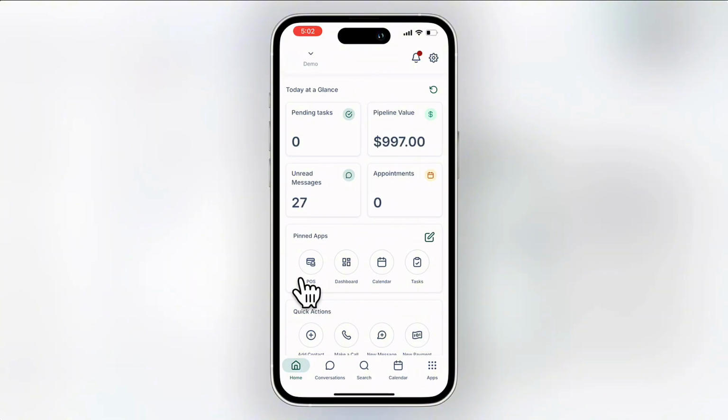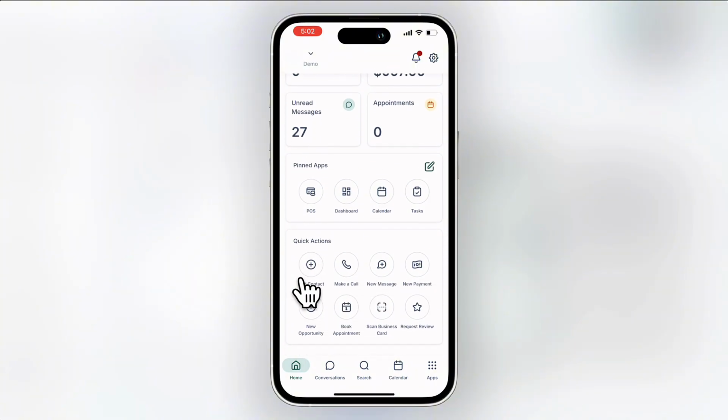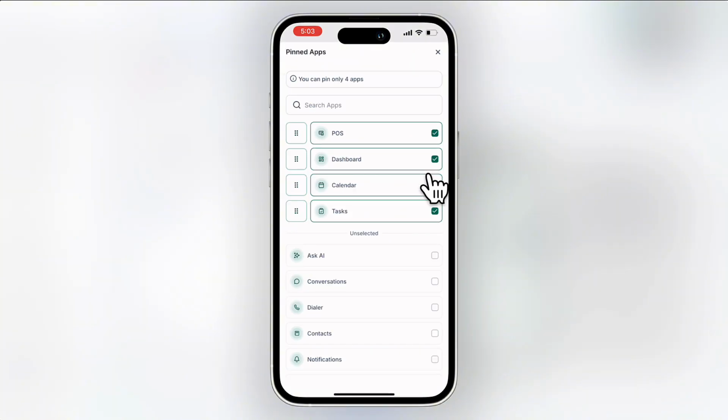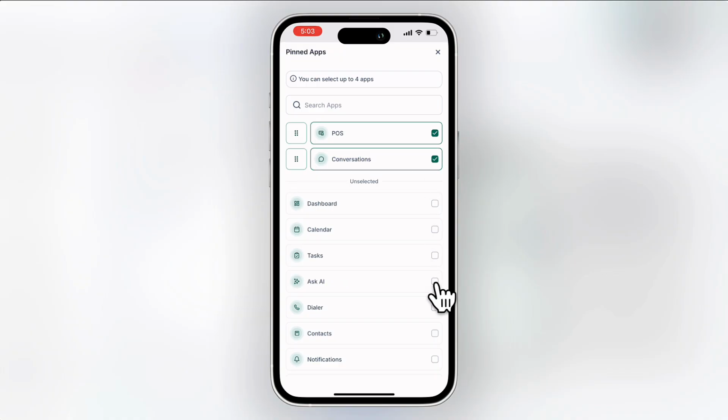When you open the app, you'll land on your homepage, which gives you a quick, at-a-glance view of your opportunities, pipeline value, and overall business activity so you immediately know what needs attention. From here, you can customize things like your pinned apps by clicking the edit icon and selecting different tools like your dashboard, calendar, tasks, AI tools, and more,